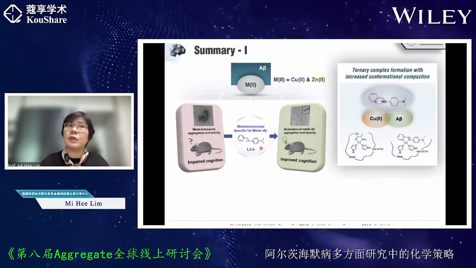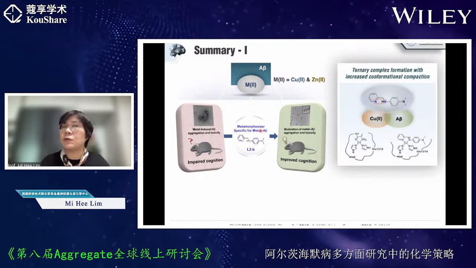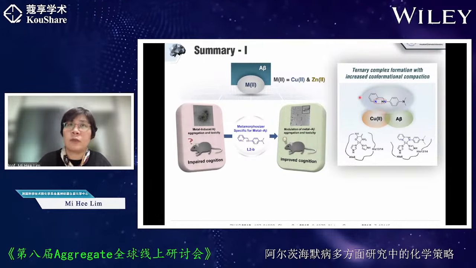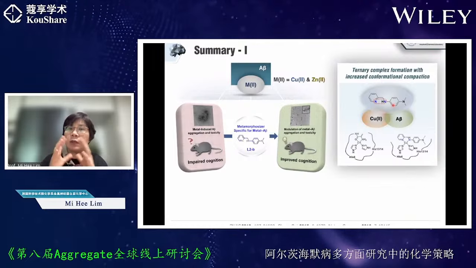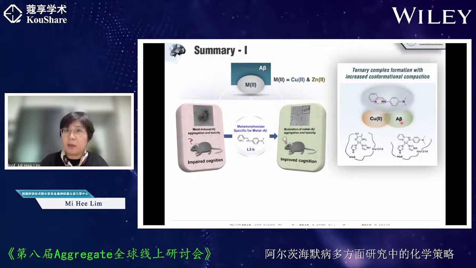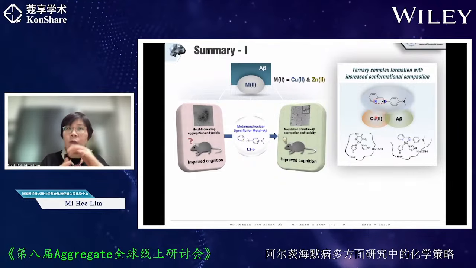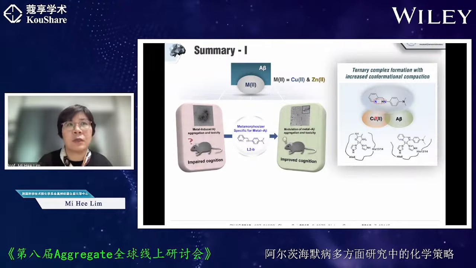So even though this compound is just a simple metal chelator, its mode of action was not as a metal chelator. The mode of action was ternary complex formation with the Metal-Abeta complexes. If you generate a ternary complex like this, then you can interact with the A-beta, so we can control the A-beta aggregation. Not only that, this compound can interact with the metal center, so we can control the geometry so as not to generate the ROS as well.